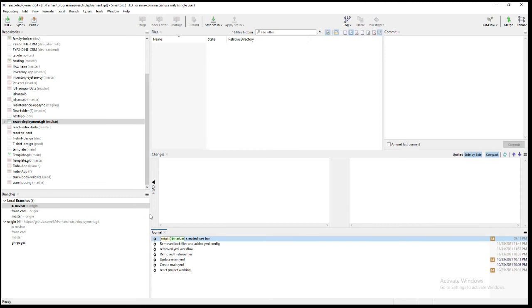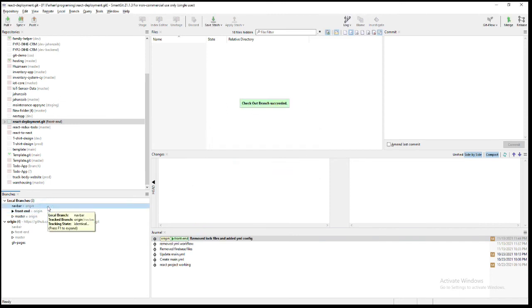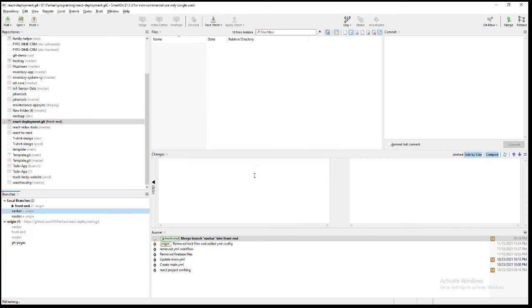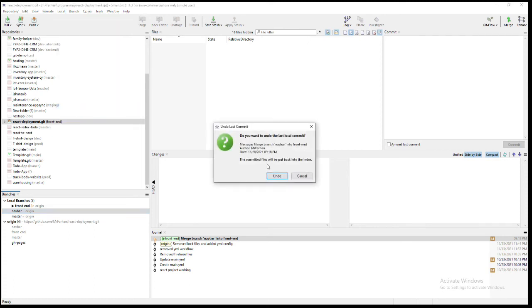Sometimes you are working on a different branch and you need the work of another branch. Like I am working on the front-end branch. I need the work of navbar branch. One simple way is to right click and merge, create a merge commit. It is simply merge, but this is one way. There is another way. If you want selected files from a different branch, I'll just simply do undo last comment,